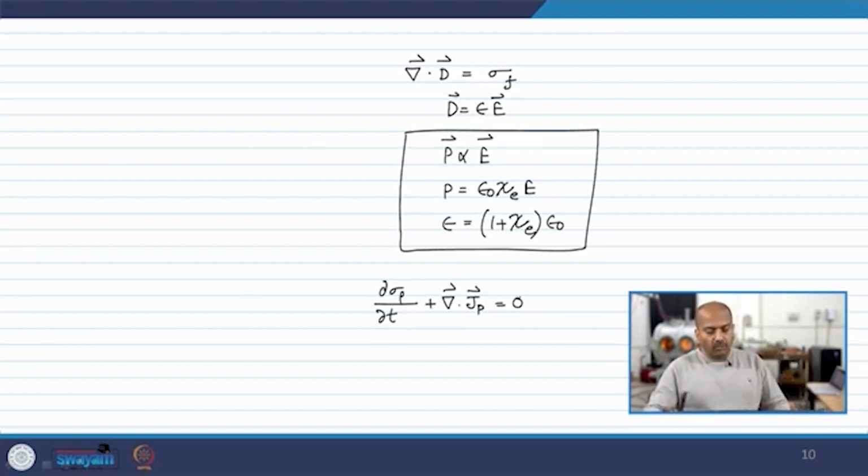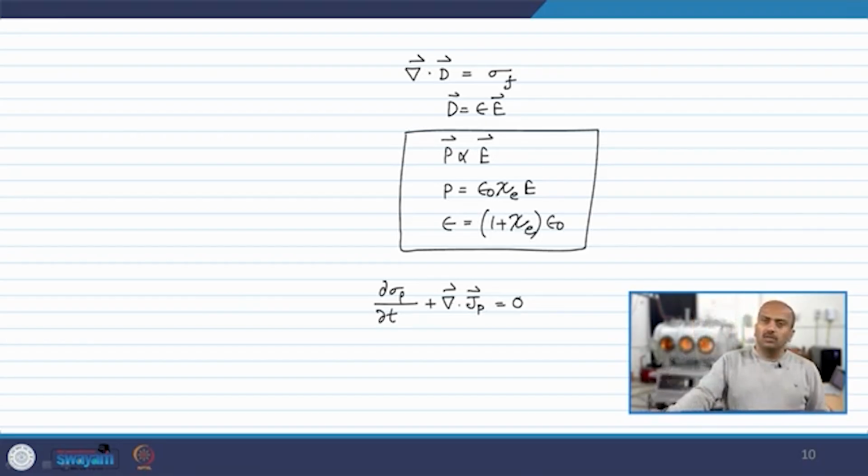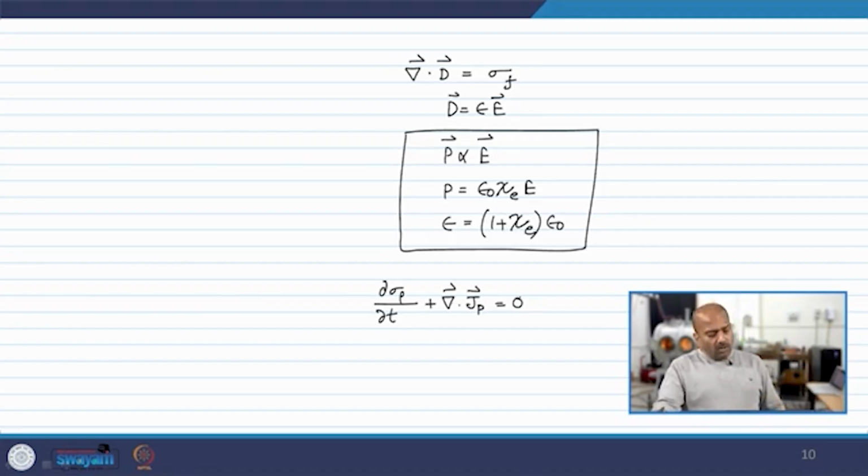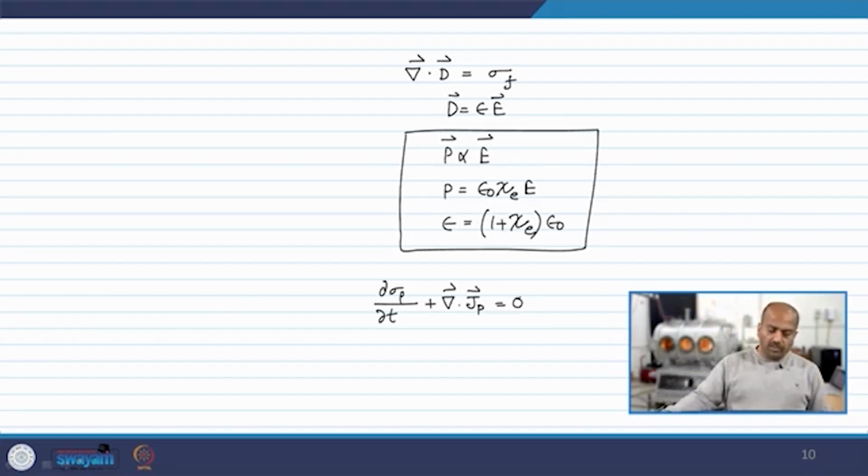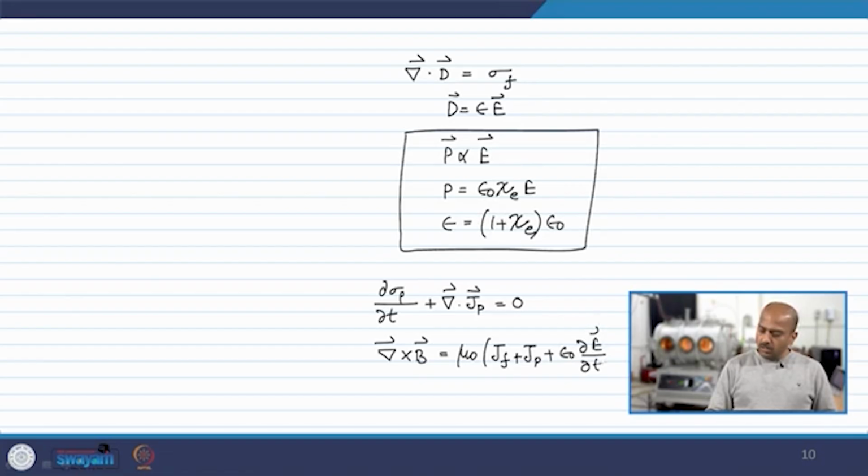You have to remember the fourth Maxwell equation, which connects del cross B to something plus epsilon naught dou E by dou t. So, the point is the polarizing current density will only be valid when the electric field is changing with respect to time. If we now bring in that equation, del cross B is mu naught (J f plus J p) plus mu naught epsilon naught dou E by dou t,